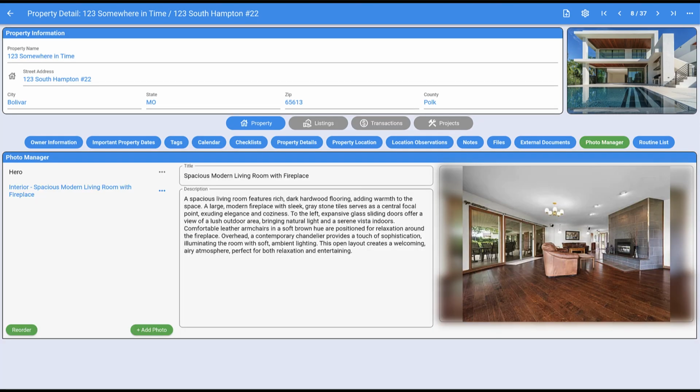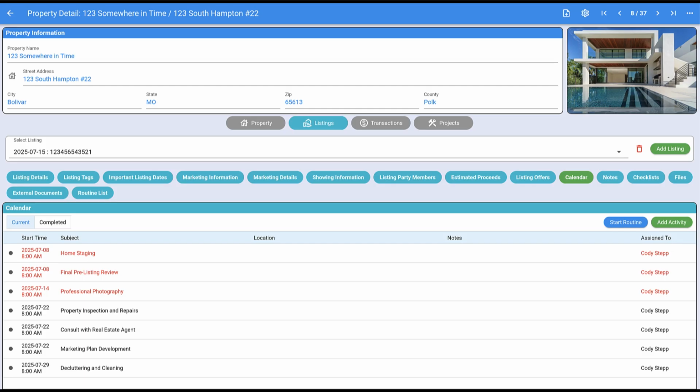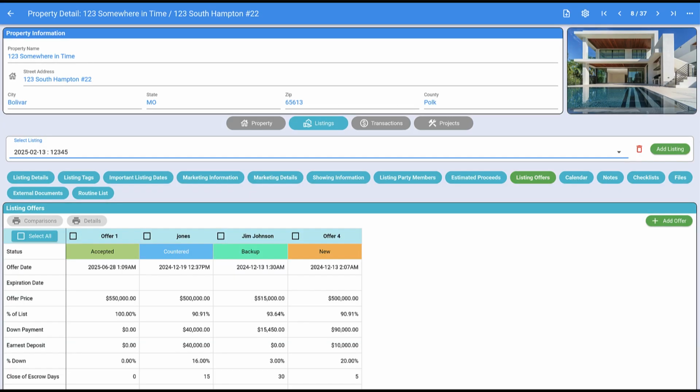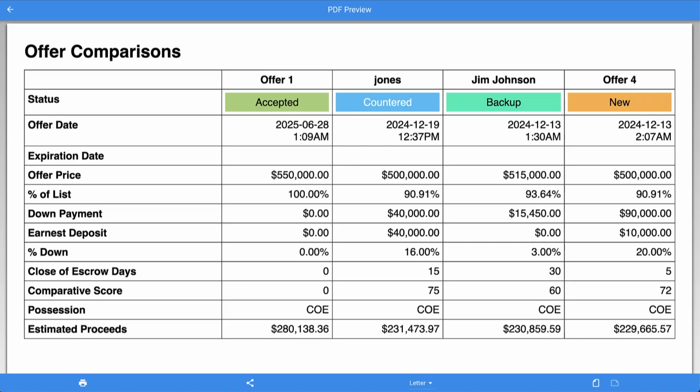Upload property photos and SAM's AI adds title and descriptions for marketing. Manage all your listings with marketing info, showing details, and calendar links. Track multiple offers on your listings, letting SAM's AI show the pros, the cons, and offer scoring to help clients